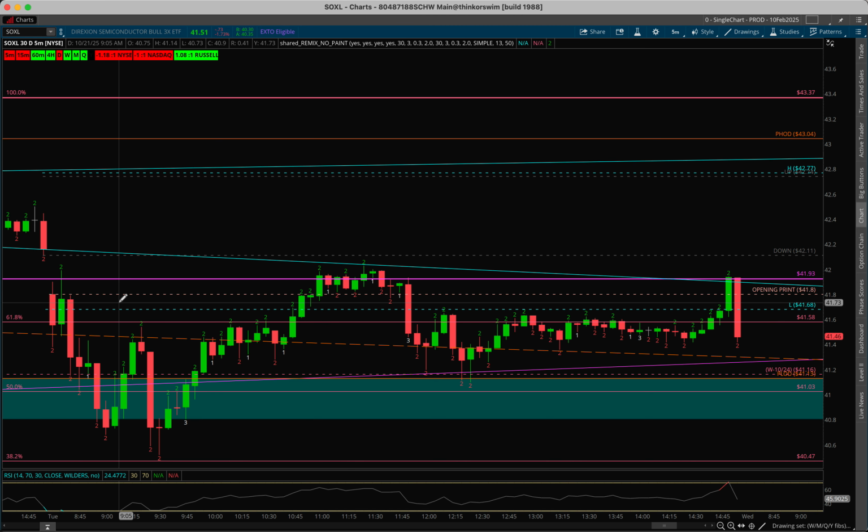And the general rule is lower highs below or at opening print, we want to get into puts, and higher lows above or at opening print, we want to get into calls. So this files under the category of lower highs at or underneath opening print. So we went ahead and entered puts. You can see we got the push down for the gap close, and that's really all we were looking for